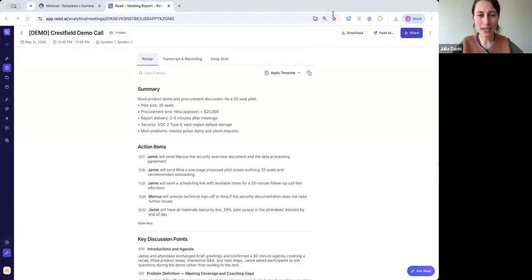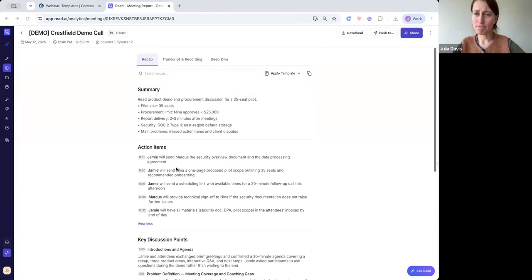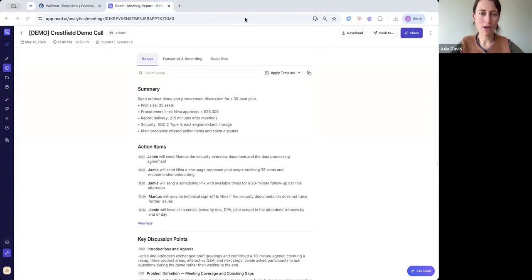So what we're looking at right now is our default Read meeting report. So you have your summary, action items, our key discussion points. This should all look relatively familiar. But what if I have a discovery call with a prospect and I want to get the output from that particular report specialized to what the customer was explicitly asking for so that my next steps are super clear